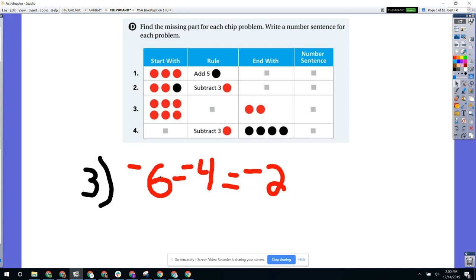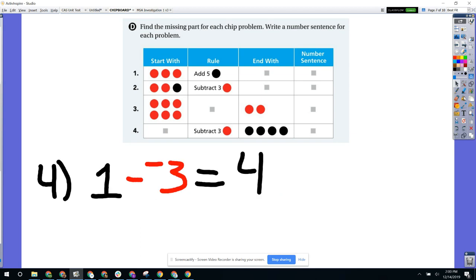So we're going to take -6, which is really low on the number line, and we're going to make it less negative. We're going to push it towards the positive numbers by 4 units, which will leave us at -2, closer to 0. -2 is much closer to 0, much closer to being positive than -6 is. So taking away negatives makes something more positive. Number 4,